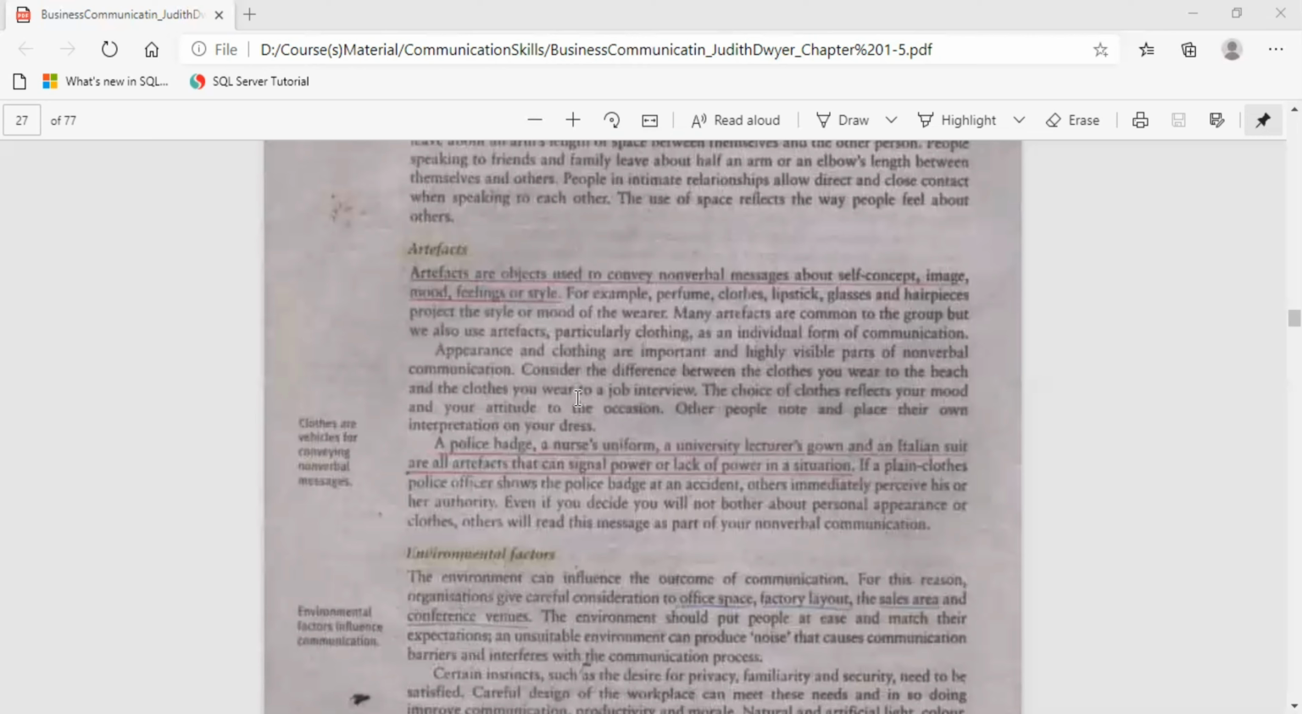So artifacts may also include brand names and logos as well. Even an ambulance, like I have mentioned before, is a form of artifact that communicates that there is an emergency situation. If the headlights are on and the siren is being hooted, that simply means that the ambulance is in an emergency, and the people need to provide